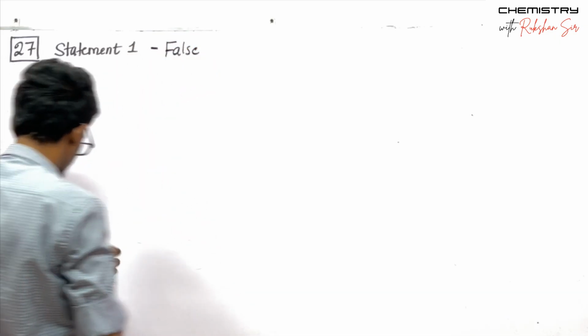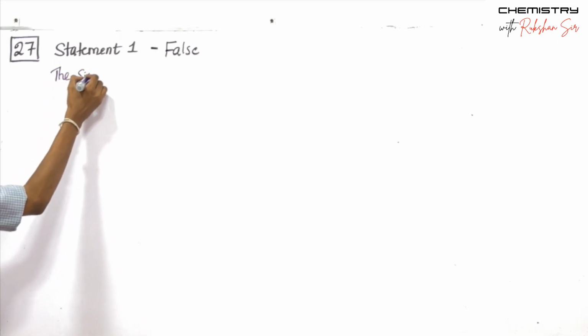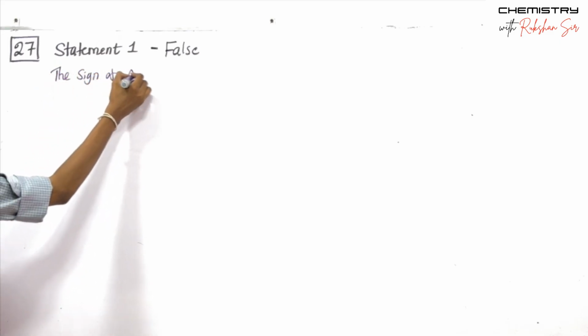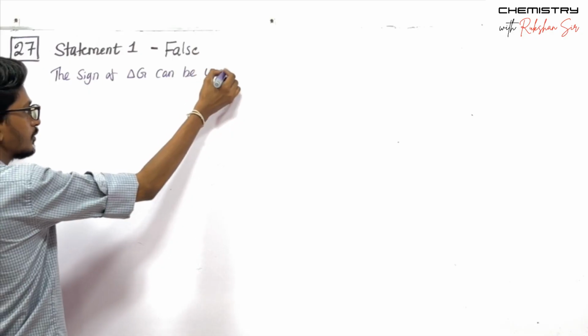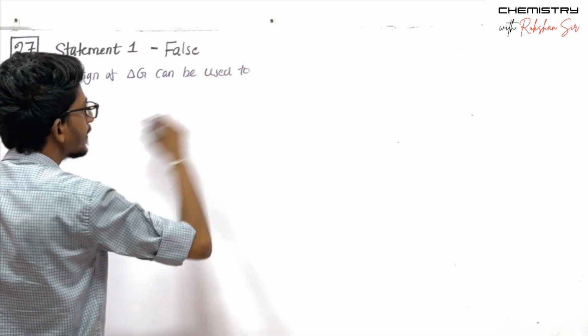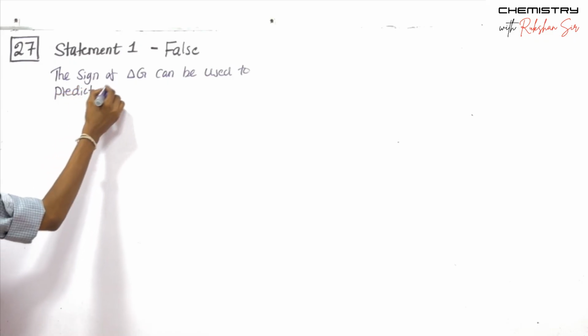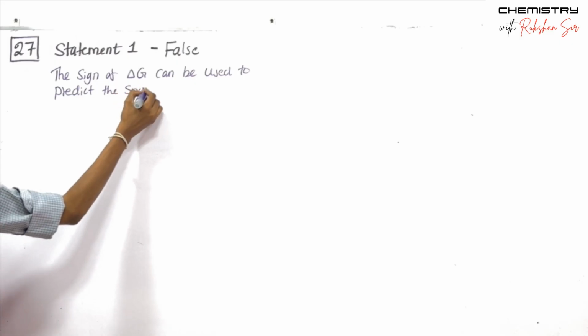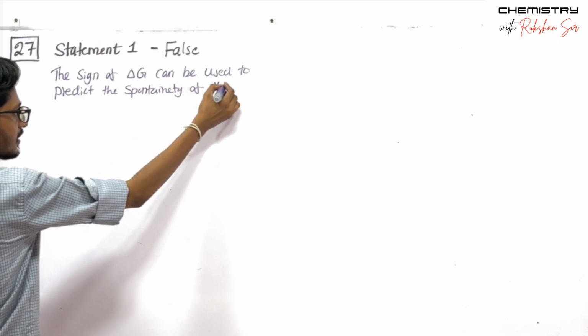The sign of delta G can be used to predict the spontaneity of the reaction,